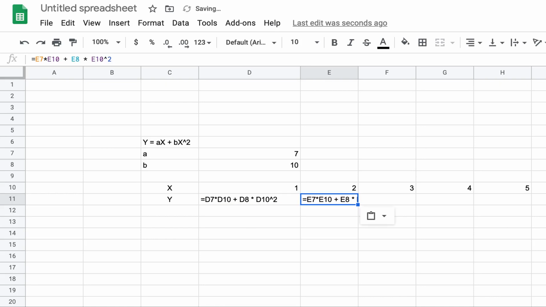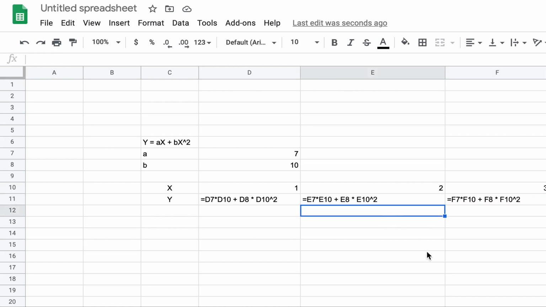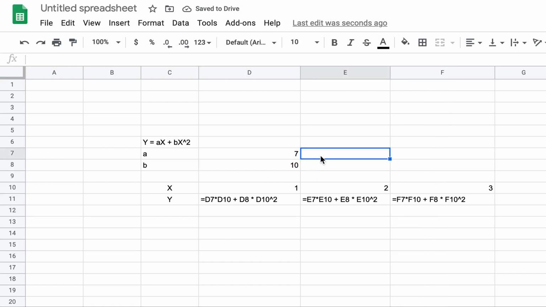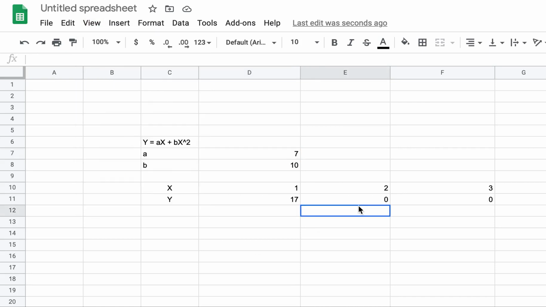Let's see in the formula view. Right? If I copy and paste again, all the E's will become F. 7, 10, 8 are not changing because they are the row numbers and we are moving in the row. So when you're moving in the row numbers won't change. But as a result of this, will you get what you really want to get? Of course not, because your constants are only here. Constants are not in this thing. So if you now look at the values, it has become 0 because empty cells are getting used.